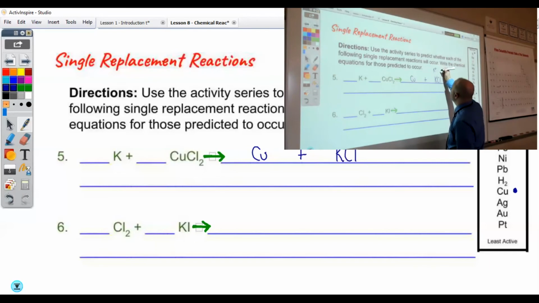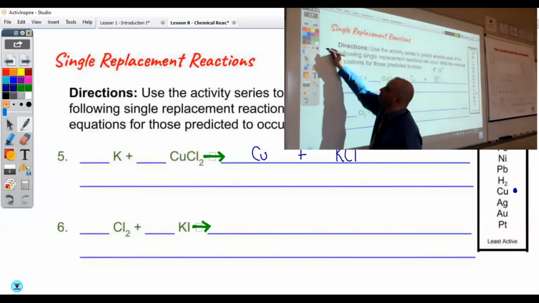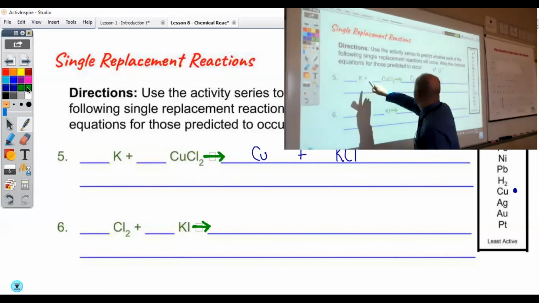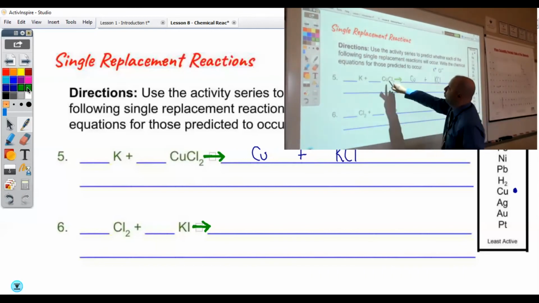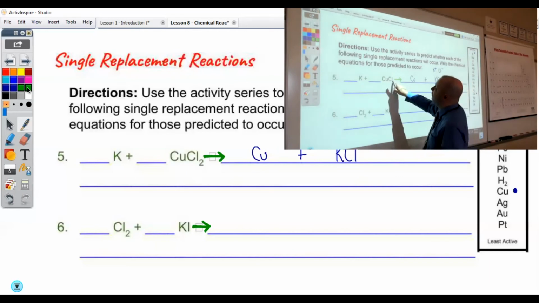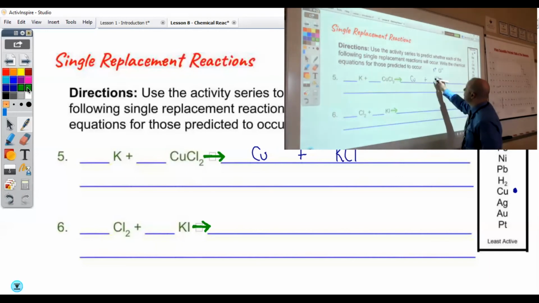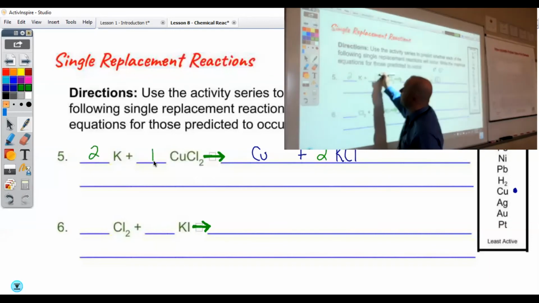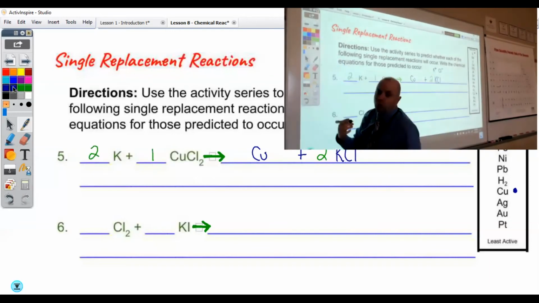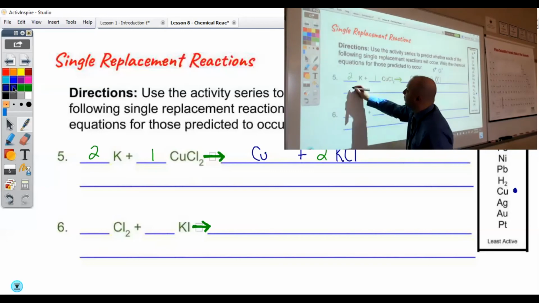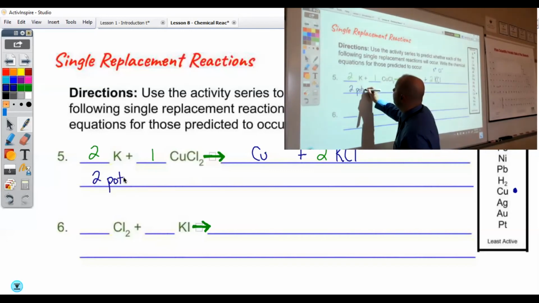Remembering, of course, potassium is +1, chloride is -1. When I balance this equation, we have 1 potassium, 1 potassium, 1 copper, but I have 2 chlorides here. So I need to put a 2 in front of the potassium chloride and then a 2 in front of the potassium. So our final equation in this case is going to be 2 potassium